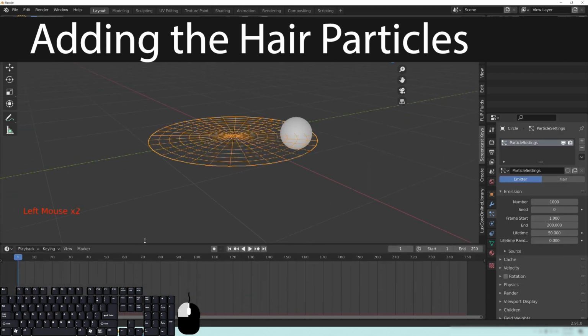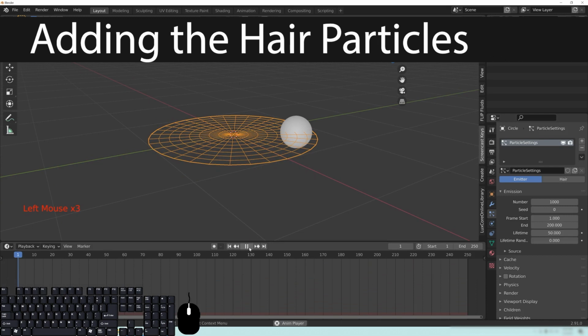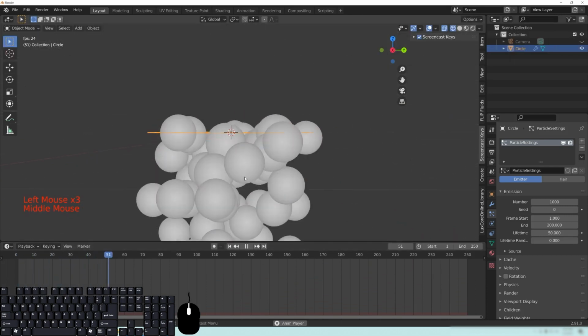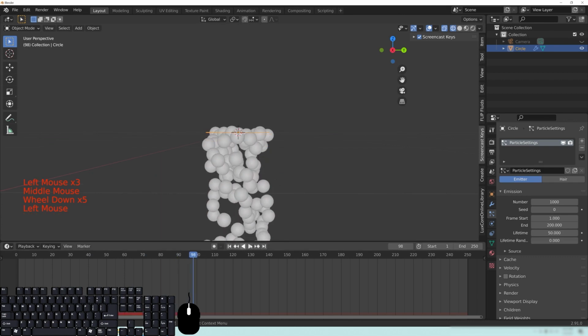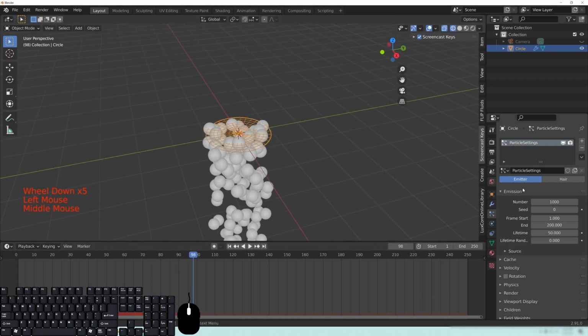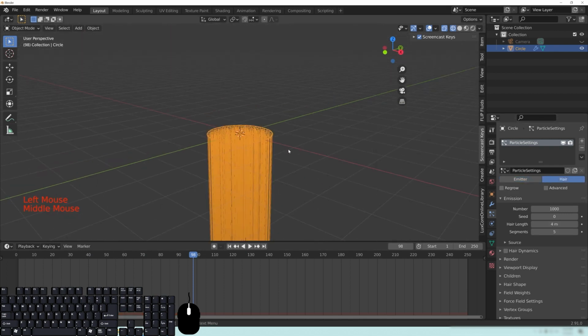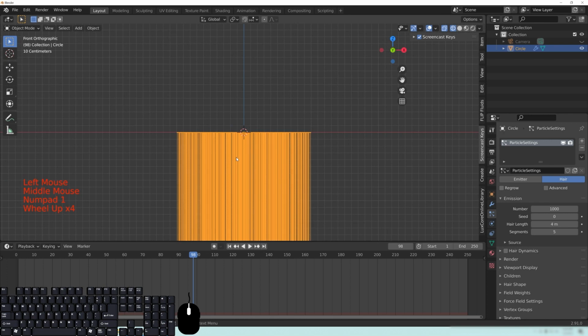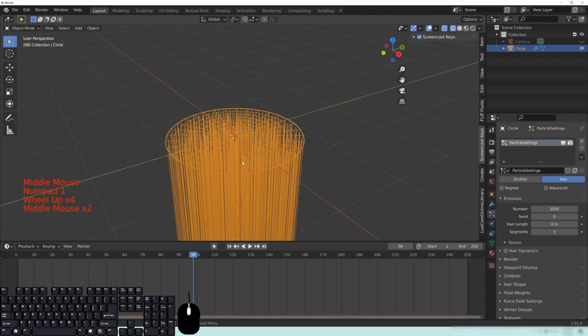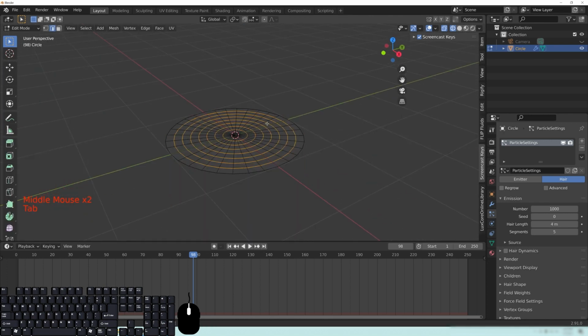Now, if I bring my timeline up here and I hit play, you can see that it's just creating some particles that are falling through. And what we need to do is we don't want this to be just an emitter, we want there to be hair. Okay? So go ahead and left click the hair one, and you'll see that it is going straight down. What that means is that the normals, if I go to edit mode here and go to face right here,